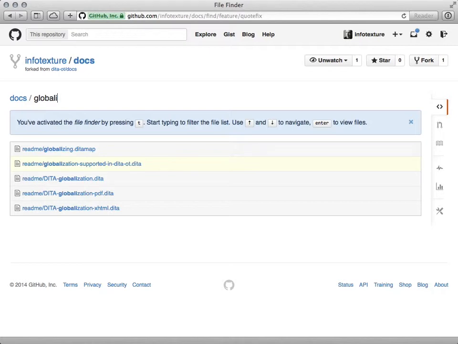And as you type, it will begin to complete the file names, and show you a list of file names that contain that string that you've entered. And while I was preparing this, I discovered a little typo that I wanted to fix in a file called globalization support. So I began typing globalization up top, and it shows me the list of files that contain that